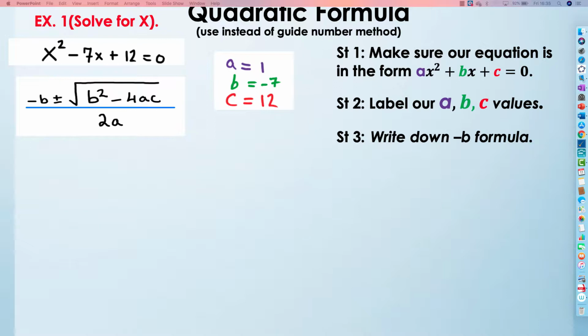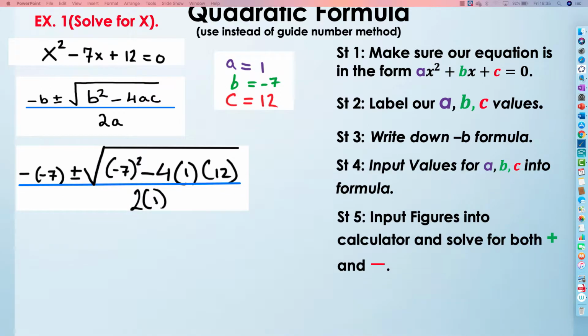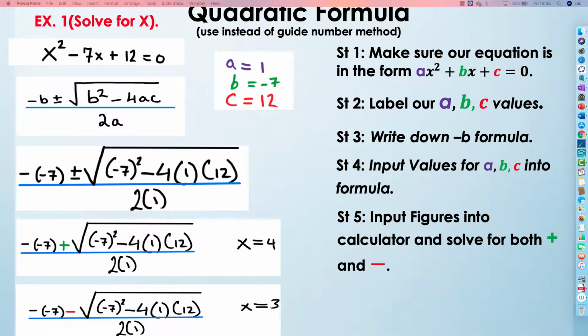So, we put it into our calculator, and we get 4, and we get 3. That's what we should get, right? So, when they ask us to solve this, we can either factorize it, or else we can use minus b. When they say solve, correct, well, to 2 decimal places,